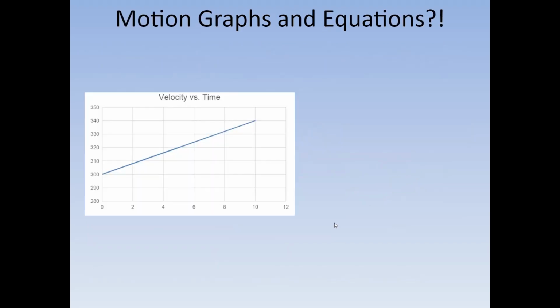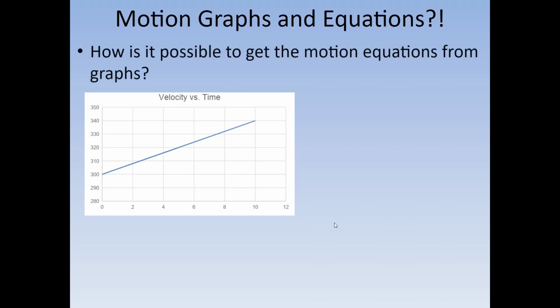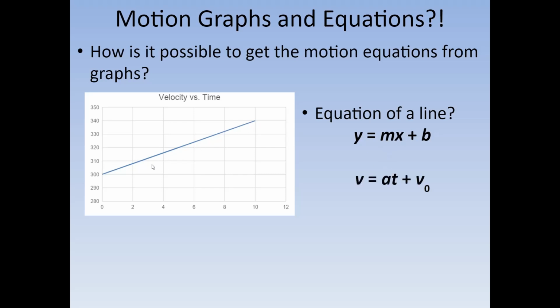Now, one interesting thing, this is a little extra tidbit, is that you can actually get equations from these graphs. For example, this is a linear graph. The equation for a line is y equals mx plus b. On the y-axis, we have velocity. On the x-axis is time. So I could replace y with v and x with t. The slope we already talked about is acceleration, so I could replace the m with acceleration, and the y-intercept, where it starts off here, well, that's just the initial velocity. So from the equation of the line, y equals mx plus b, I get v equals v naught plus at,